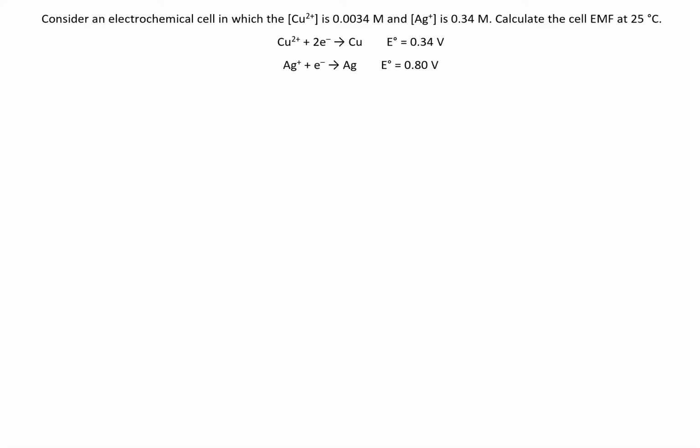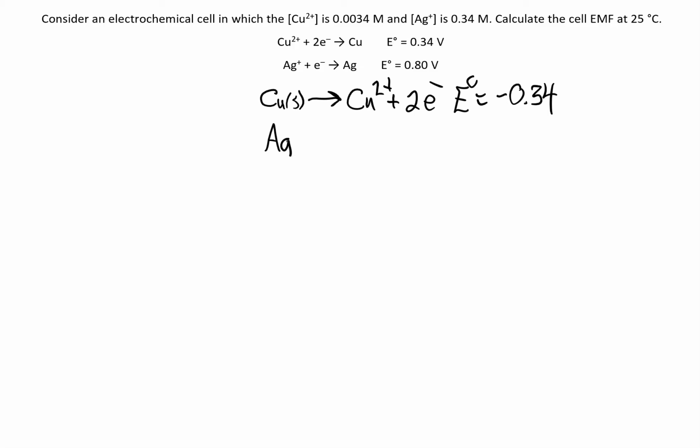Because of that, I'm going to write the copper reaction backwards to ensure that I get an overall positive cell potential when I combine these two reactions. So now I've got two electrons coming out of copper because it's being oxidized. I've got silver ion getting reduced,